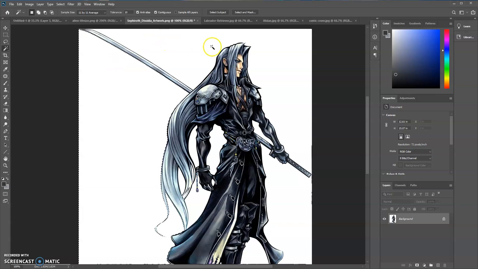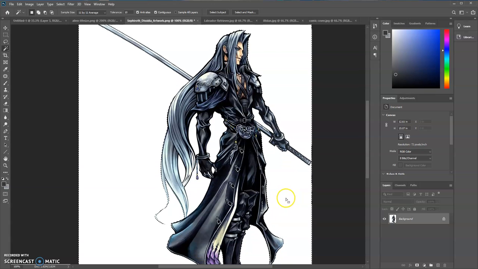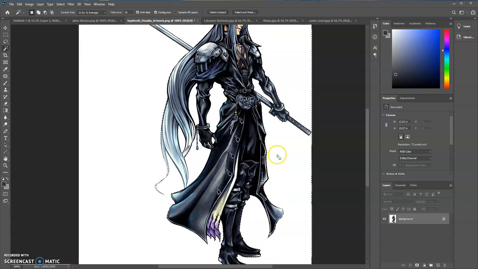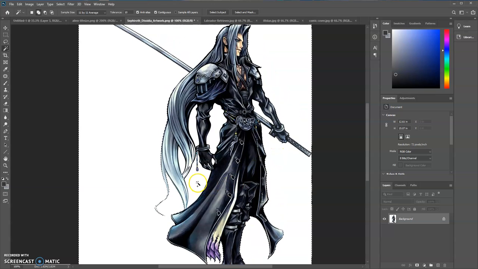So now if I hold down Shift, I can click in this part of it, and it will select pretty much everything in this area. And again, it's stopping where this hits the edge of the image. So again, I have to Shift click inside here. And it looks like that's spreading out and pretty much getting all that. And then I just have to Shift click inside some of these other areas